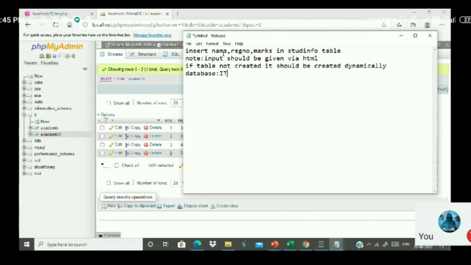And one more thing, listen here. The student info table should have an ID, which is of auto increment nature.